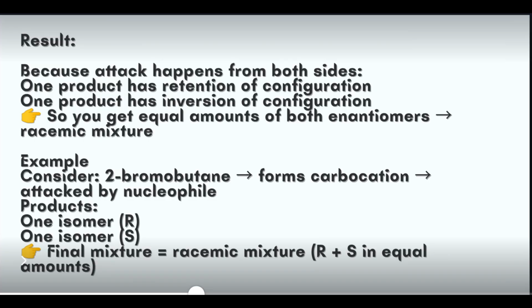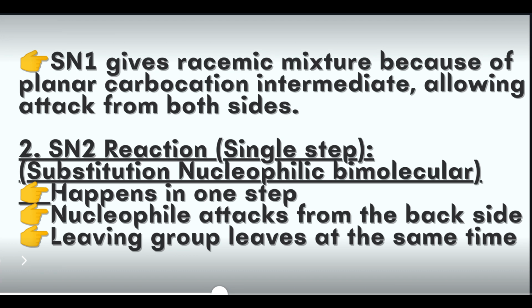Now see the example. Consider 2-bromobutane, which forms a carbocation and is then attacked by a nucleophile. Here the products formed are one R isomer and one S isomer. The final mixture is a racemic mixture, R plus S in equal amounts. SN1 gives a racemic mixture because of the planar carbocation intermediate, allowing attack from both sides. This is the